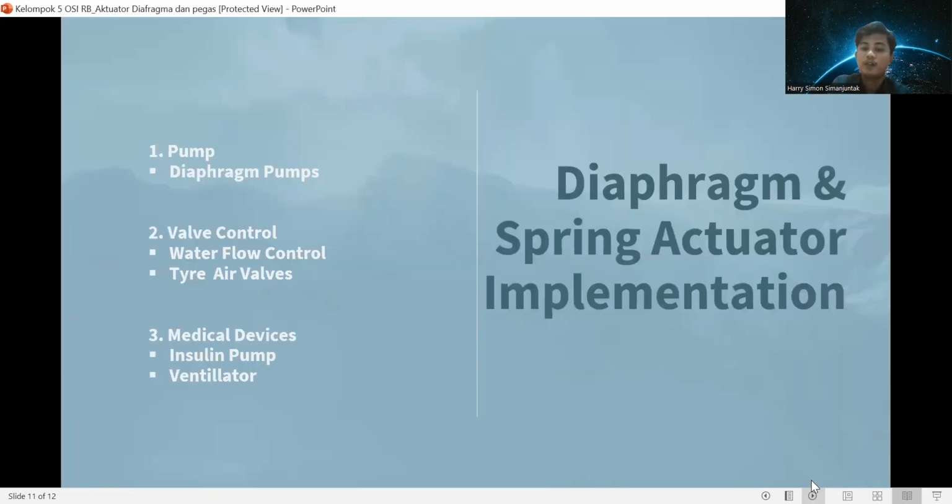Diaphragm and spring actuator implementation. Number one, pump. Diaphragm pumps.